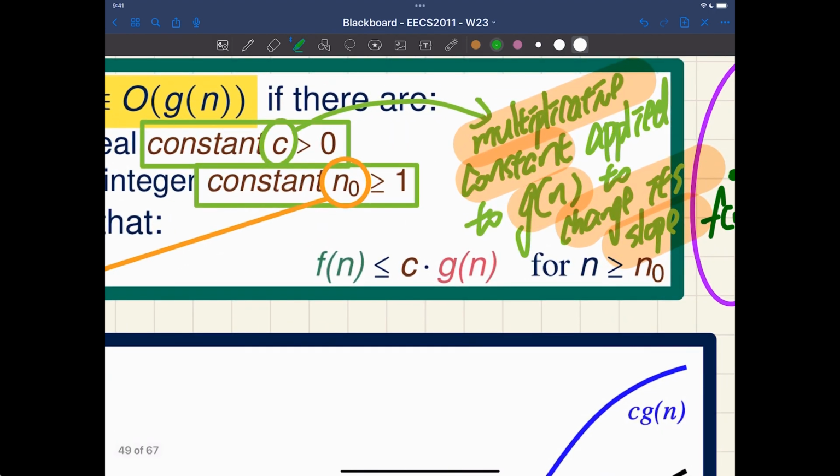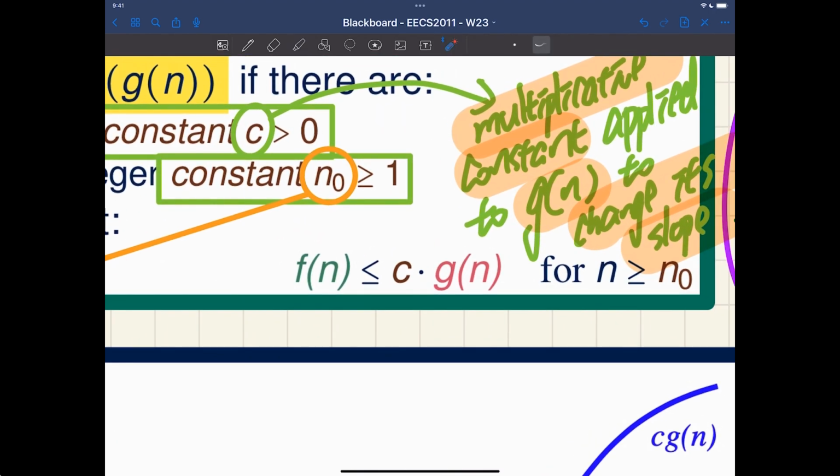I want you to look at this equation just for now. Okay, this one here. I got f of n. I got g of n. G of n itself may not necessarily bound f of n in general. So that's why we have to do some further manipulation to g of n by applying a multiplicative constant c